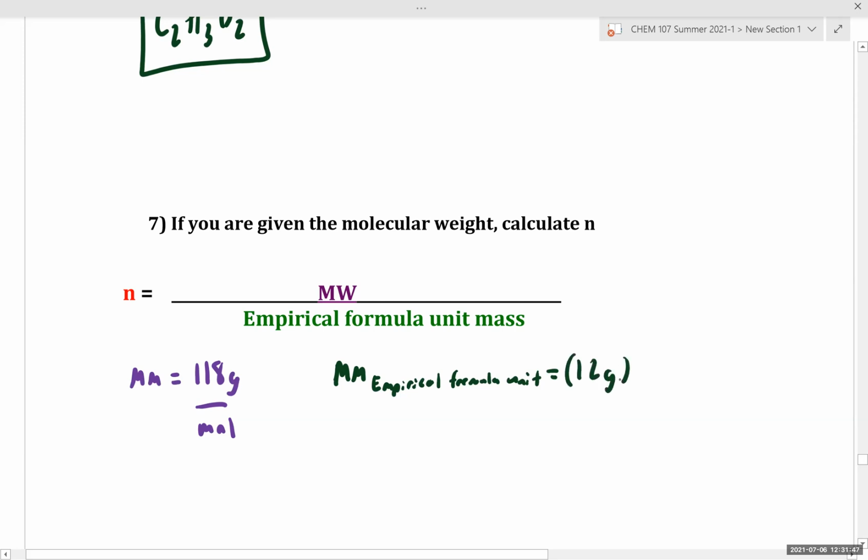Carbon has a mass of 12 gram per mole. We have 2 carbon atoms. Hydrogen, 1 gram per mole. We have 3 hydrogen atoms. Oxygen, 16 gram per mole. We have 3 oxygen atoms. So the molar mass of our empirical formula unit would be 12 times 2 plus 3 plus 48. And that gives us a mass